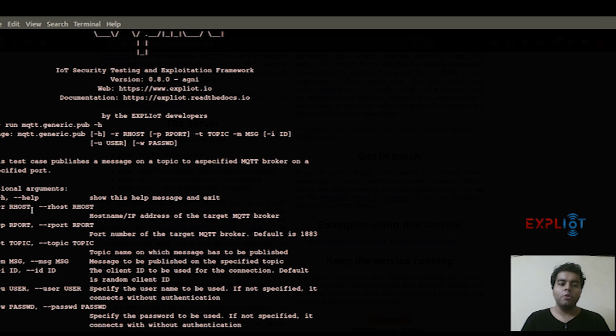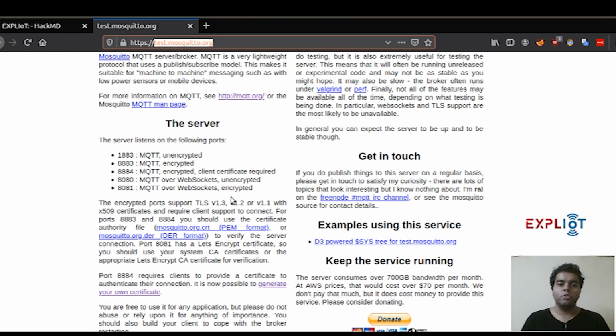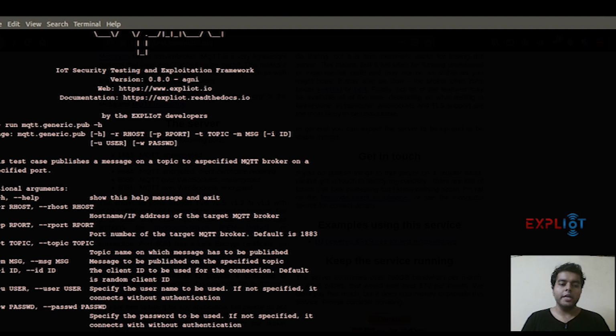Now we'll look into all the arguments one by one, starting with -r, which is the host name or the IP address of the target MQTT broker, which in our case is test.mosquitto.org. Alright. Second is -p, which is the port number.